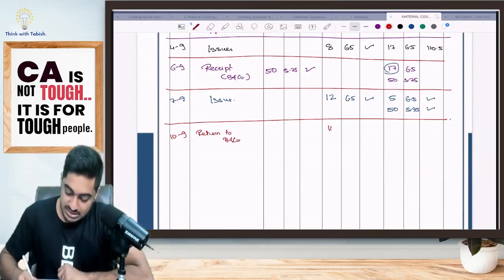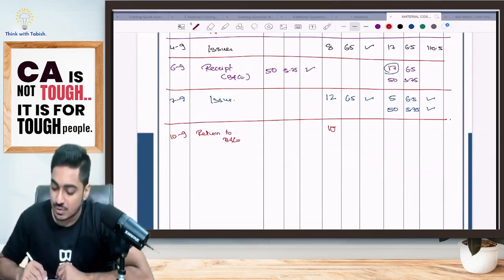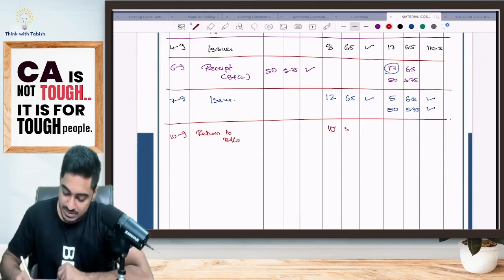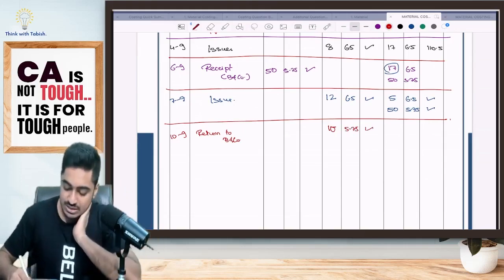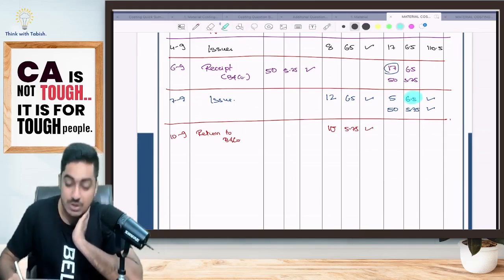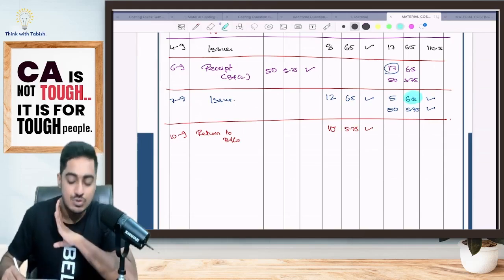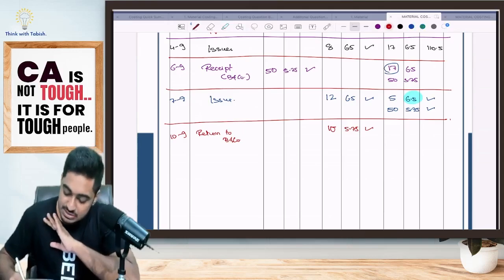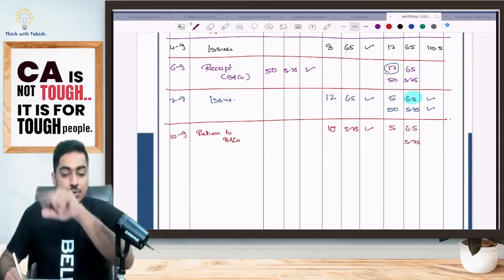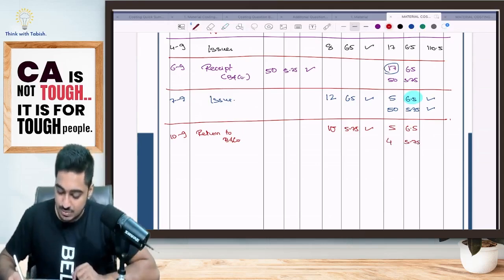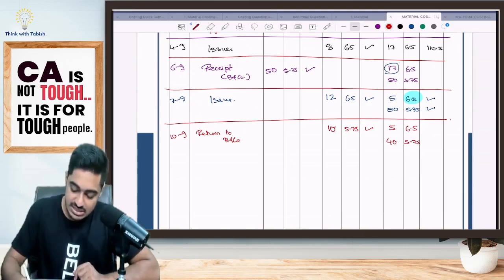How much goods? 10 units I am returning. At what rate did I purchase goods from B and company? 5.75. So now while I am updating the balance, look at this, students. 6.5 rupee goods are there. Did I issue any of those goods? No, sir. Those goods are there as it is only. Okay. Which goods did I issue? I issued 5.75. 50 was there. In that, 10 I returned. That means how much is still there with me? 40 is still there with me.